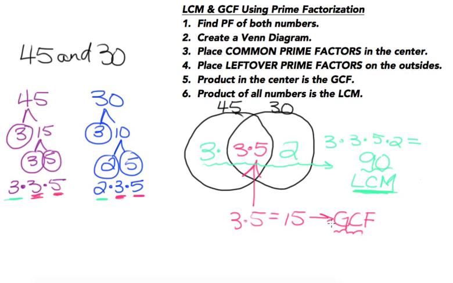In one fell swoop, we can find the GCF and the LCM of two numbers using prime factorization in this handy dandy Venn diagram. Let's try one more example together. All right. So let's try this time the numbers 42